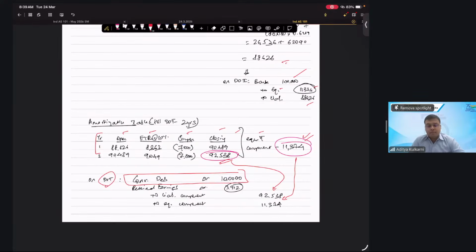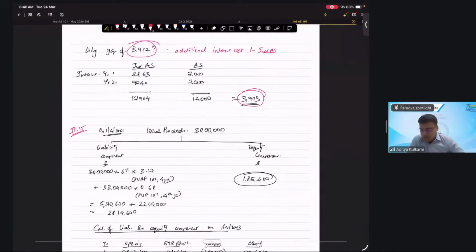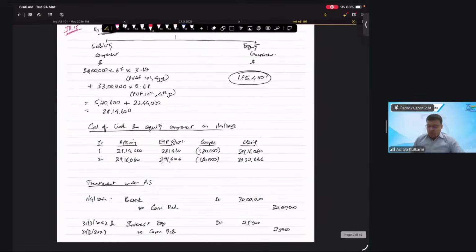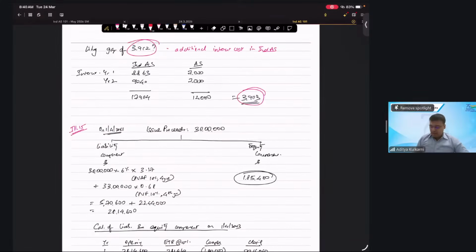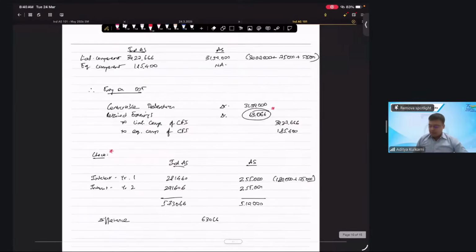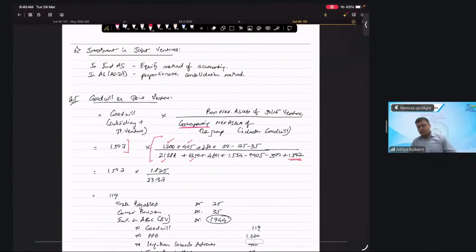Any doubt so far? Clear, Lavanya? Yes, sir. Okay. All right. Fine. So that takes care of compound financial instruments. Okay. So we take a quick break, or